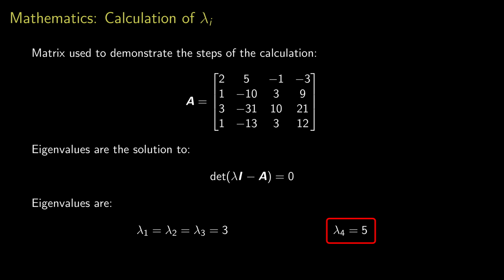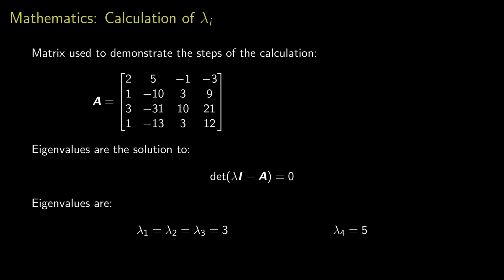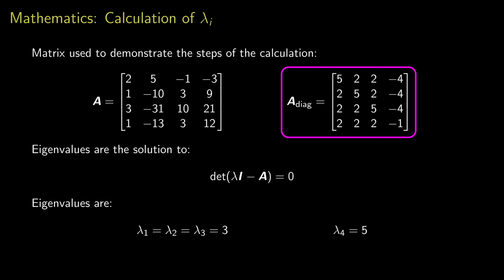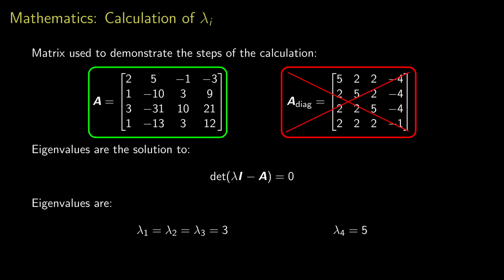If all eigenvalues were different, we would already know that the matrix is diagonalizable. Since they are not, we do not know if the matrix is fully diagonalizable or not. It could be. Just because we have an algebraic multiplicity greater than 1 does not necessarily mean that we need the Jordan form. As a counterexample, this matrix over here has the exact same eigenvalues, but it is fully diagonalizable and you would not need the Jordan form. But since we do not have that matrix, but this one over here on the left, it is a bit more complicated. To figure out if we need the Jordan form, we start by calculating the eigenvectors and, if required,